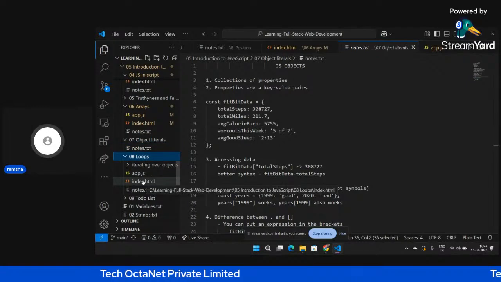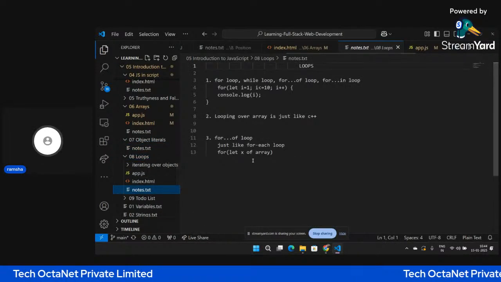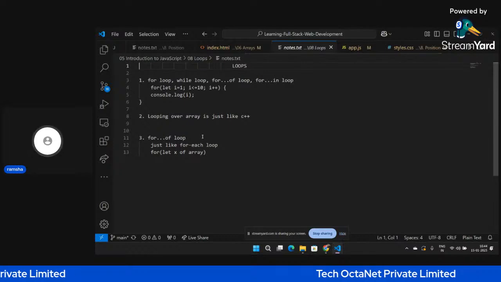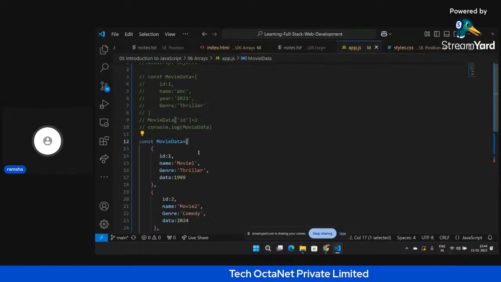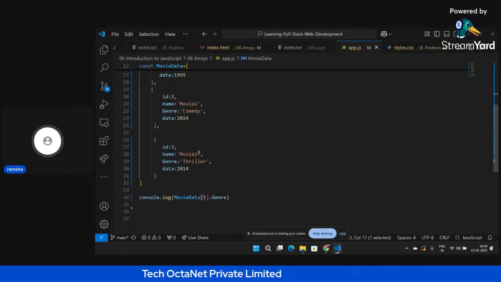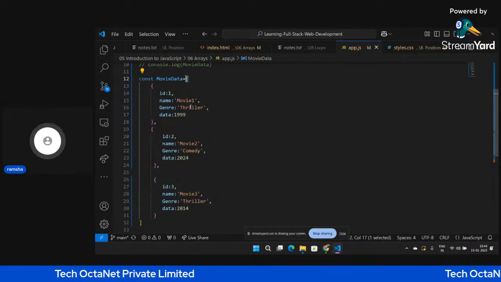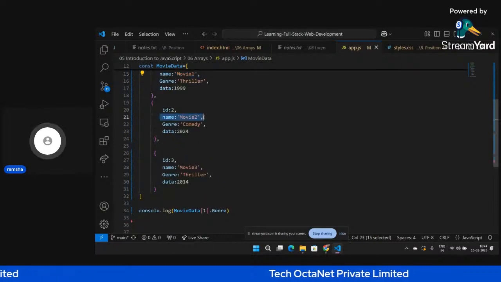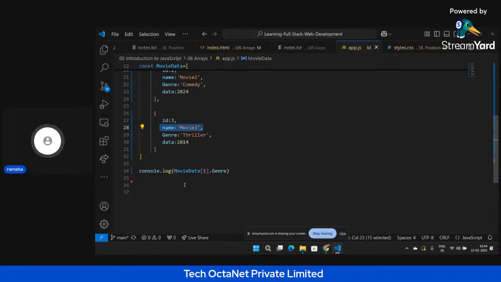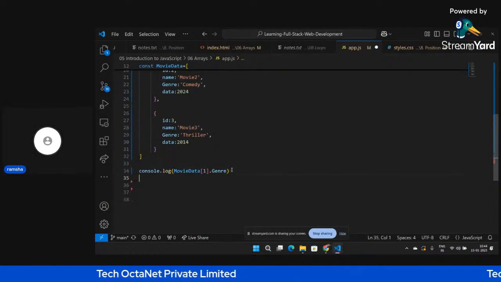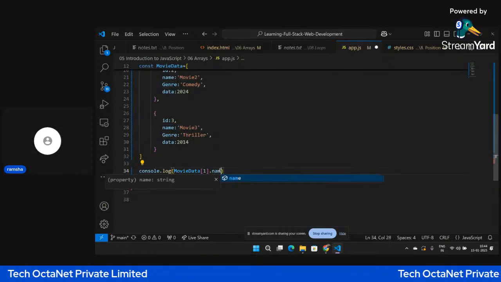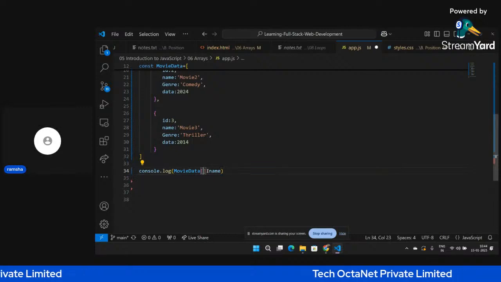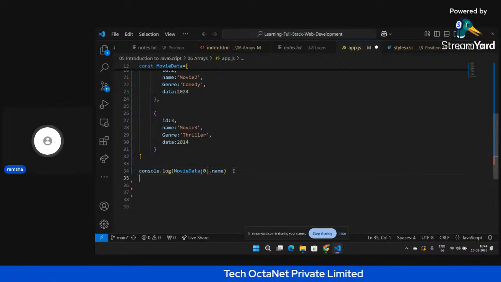Now the next part that we are going to study is loops. Let's suppose I want to display the name of the movie. I want to display all of these names. So how can I do that? I can write movieData 0 dot name, and I can write